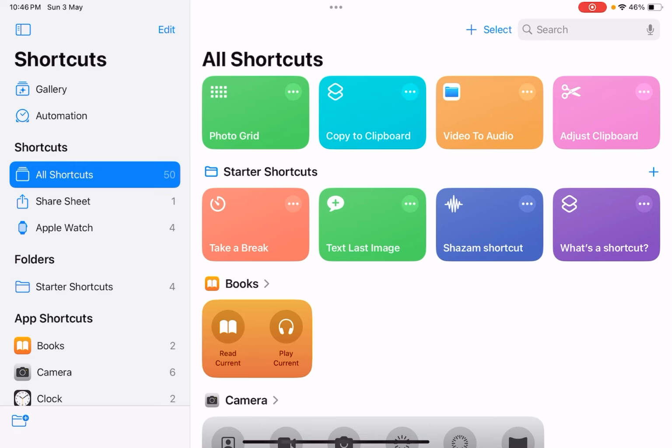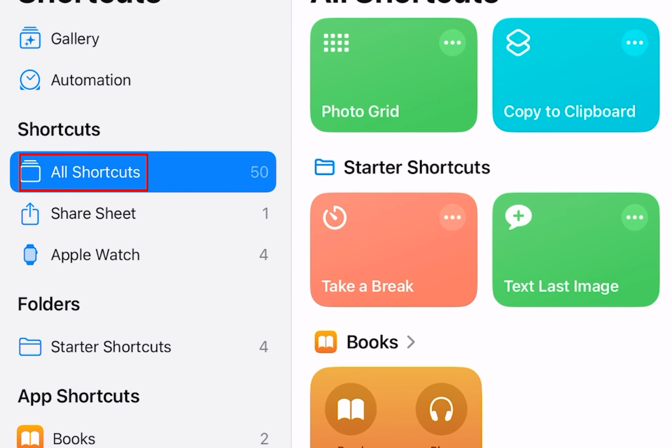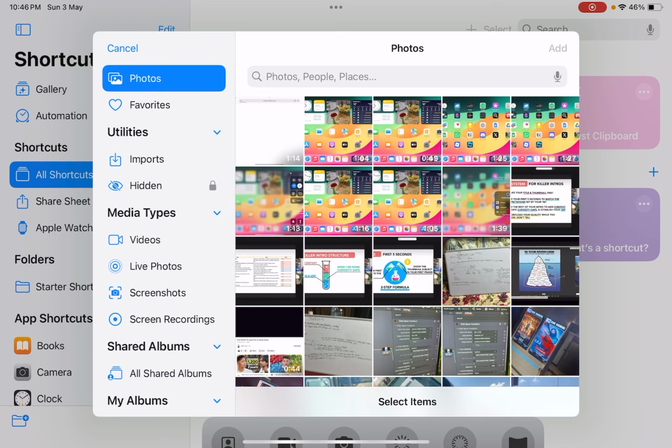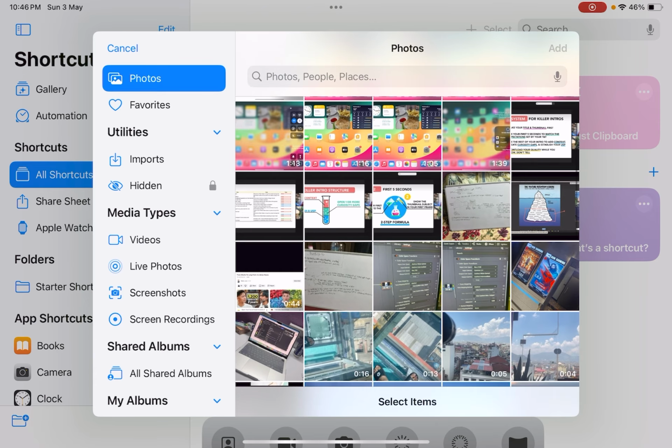Once you add photo grid to your gallery, just click on all shortcuts over here at the left side and you will see photo grid appear. Just click on it. Inside here, what you can do is now choose however many photos you want for the